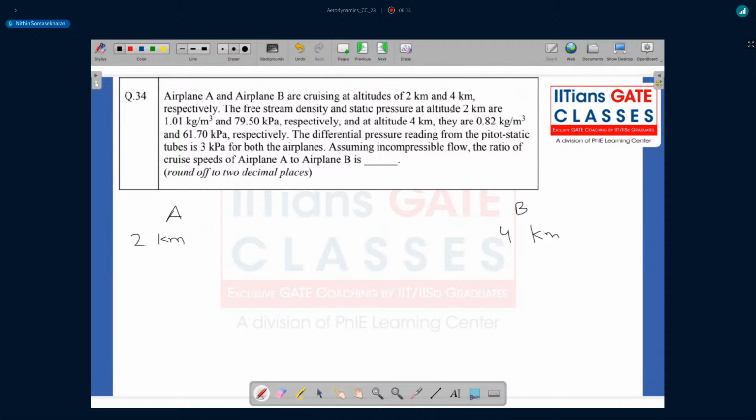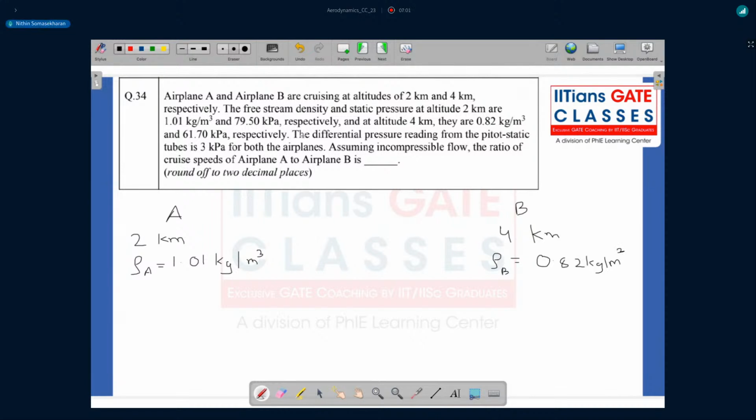The free stream density and static pressure at altitude 2 kilometers are 1.01 and 79.50. So density at the altitude where my airplane A is flying is 1.01 kg per meter cube. And the static pressure over there is 79.5 kilopascal. And at altitude 4 kilometers, the density is 0.82 kg per meter cube, and the static pressure is 61.7